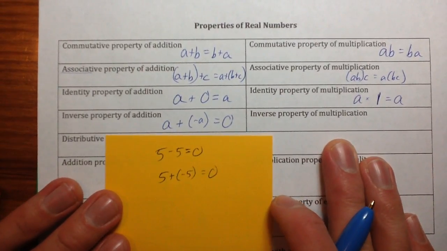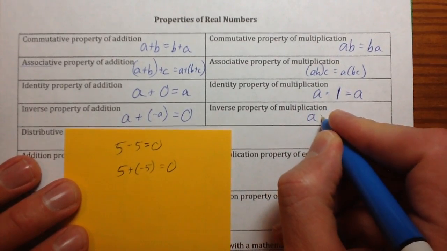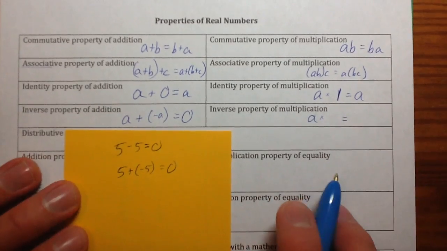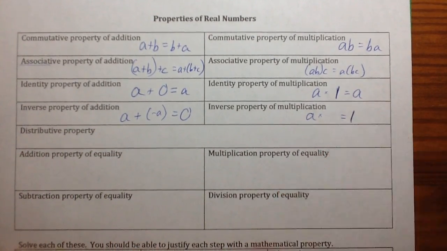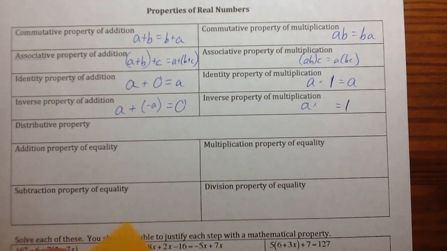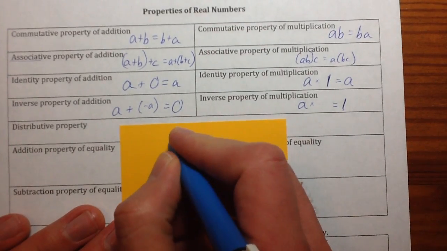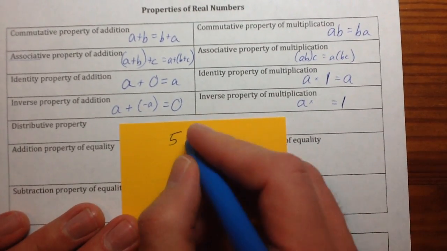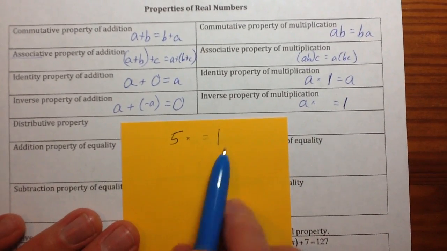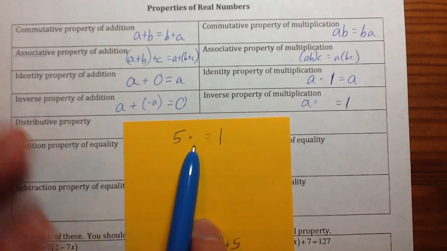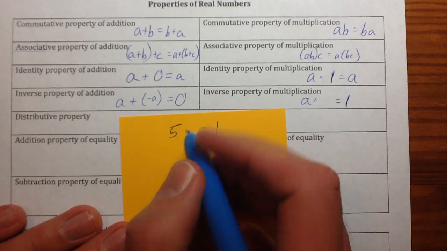And inverse property of multiplication, I could say A times something gives me, not 0, again, not 0, but gives me the identity, and it's going to be 1. So something times A gives me 1. Well, here it is, and this is a tricky thing. I'm going to use 5 again. I always use 5. 5 times something gives me 1, and it's not obvious because the number is going to get smaller. So it's not like 2. It's not 3. I mean, that'd be too big. It's a fraction, actually,